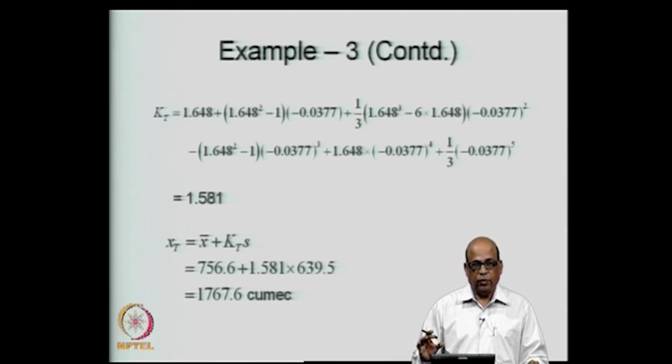Your hydrologic designs may be quite sensitive to these differences. For example, if you use 1700 or 1767 against the 1900 that extreme value type 1 distribution is giving, your designs may be quite conservative